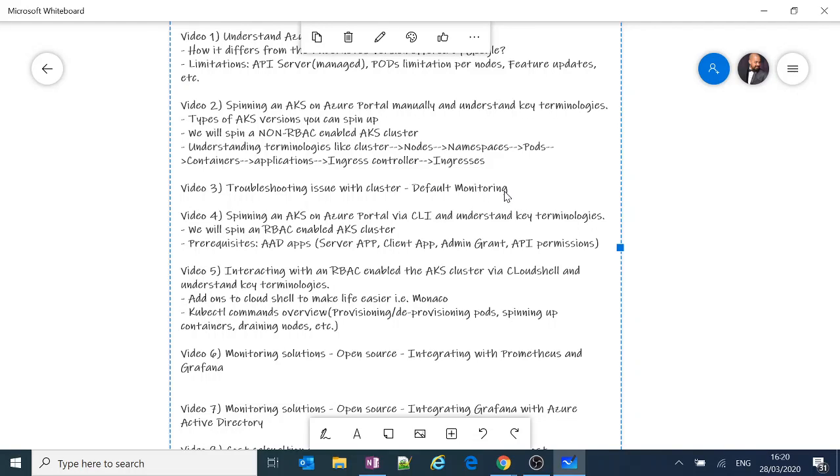Like if you take an example, the Azure Monitor, the Log Analytics or the OMS enabled on it, or we have a few features of Application Insights which have been enabled on top of it, but it won't be visible directly to you. Those things we're gonna discuss in video 3, and video 4 would be more of spinning up an AKS cluster on the Azure portal, but via the CLI, which means we're gonna use our Azure Cloud Shell to deploy a cluster,